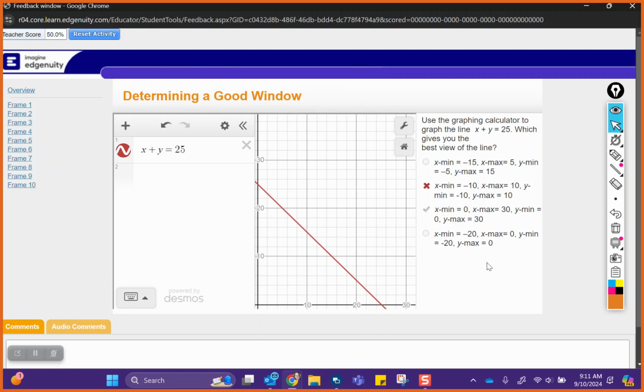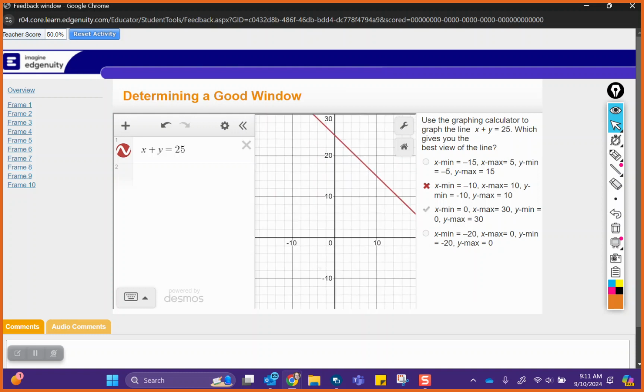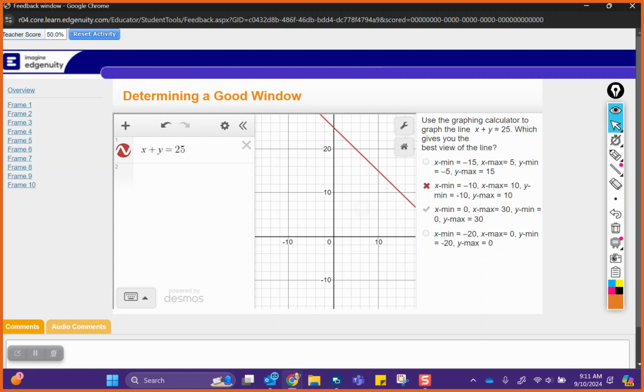Without checking these other ones, the line just must not be in the window pane. So you do kind of have to move that around. But remember that the x minimum and maximum is left and right. So let me zoom in a little bit so we can get some more numbers. The x max and min, if I switch to a highlighter,